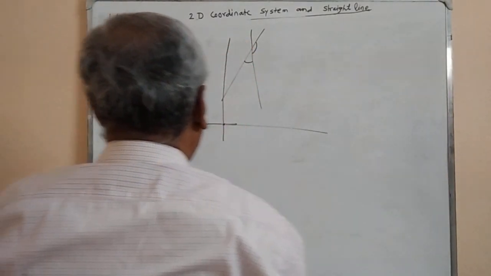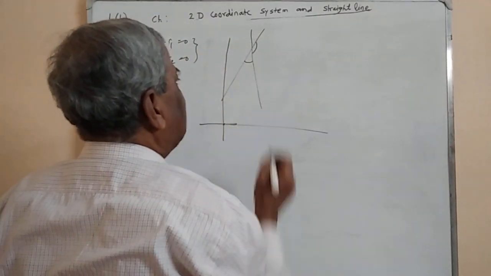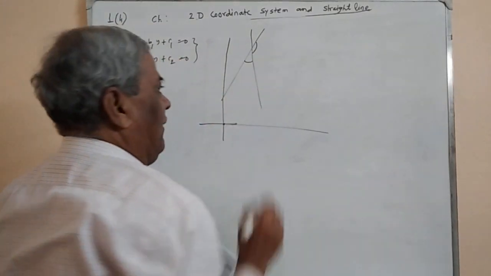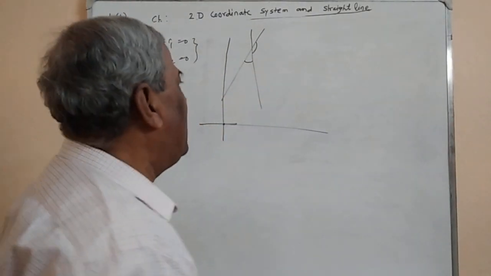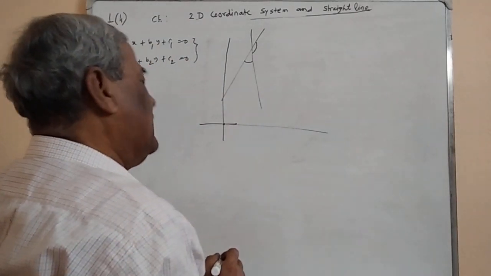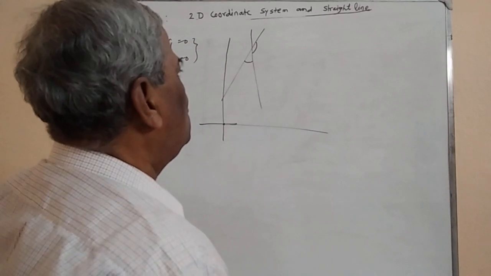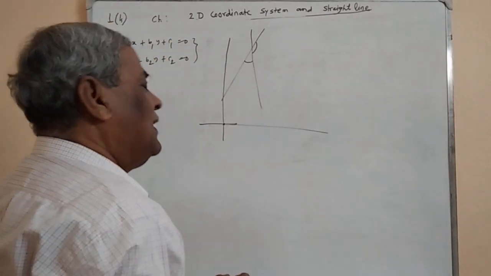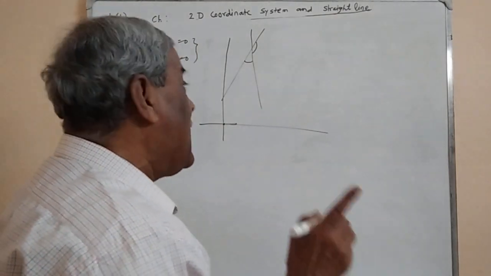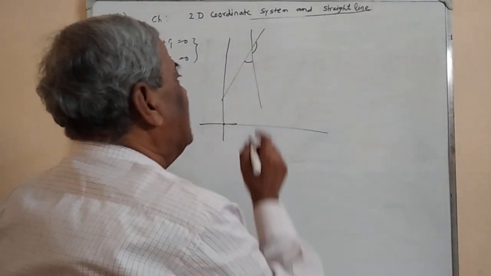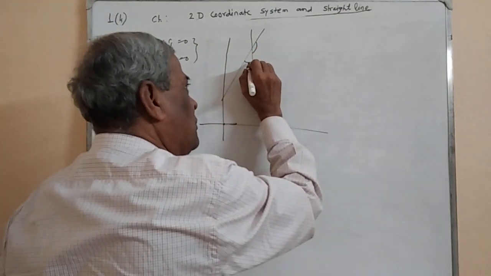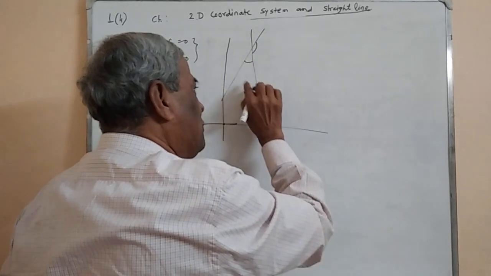Suppose this is the origin, x-axis, this is y-axis. So the origin is within that angle. Sometimes we have to find the equation of bisector of the angle containing the origin. Number two, we have to find the equation of bisector of the acute angle between this and that. This is one angle, this is the other angle. From the drawing, it is the acute angle. We have to find its